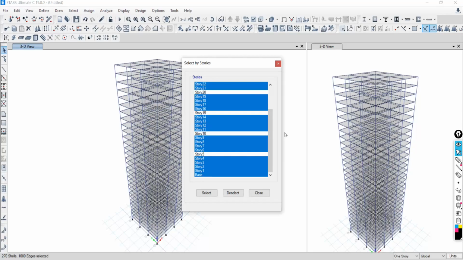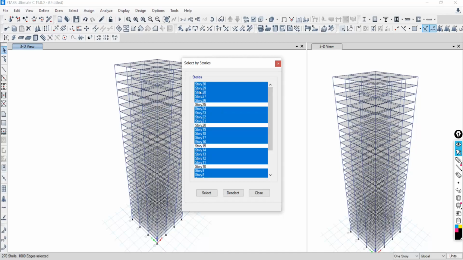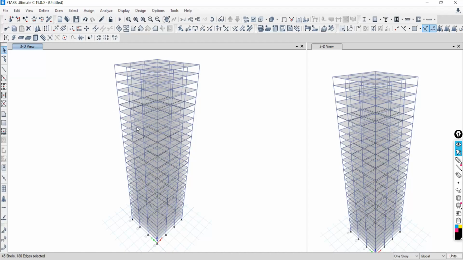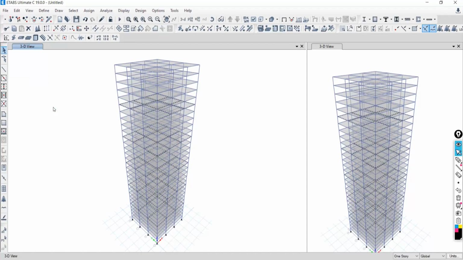The floors are selected at this level and I want to deselect them and keep the selection only at 25, 20, 15 and 10 and 5. Now say deselect. And then right click on the window, show selected object only.